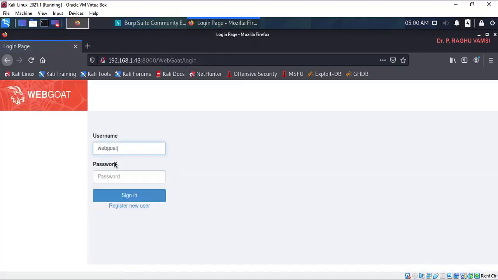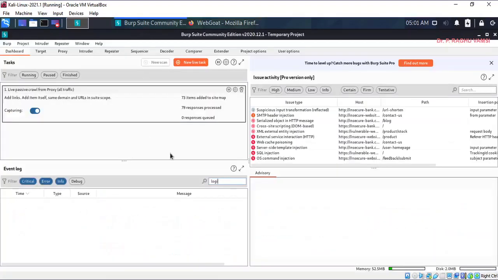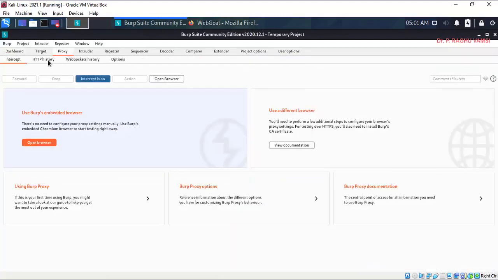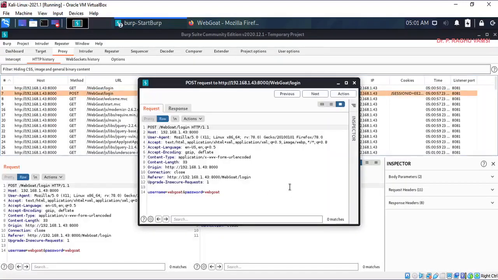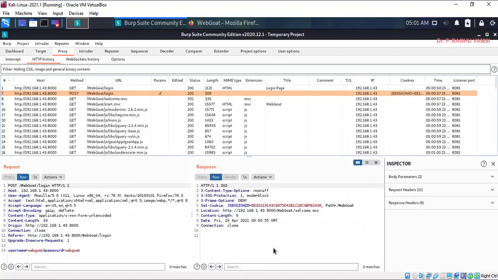So we have gone to the login of WebGoat. Now, whenever we log in, you can go to the proxy and HTTP history. Whenever you go to HTTP history after a successful login, you will find the headers like this.